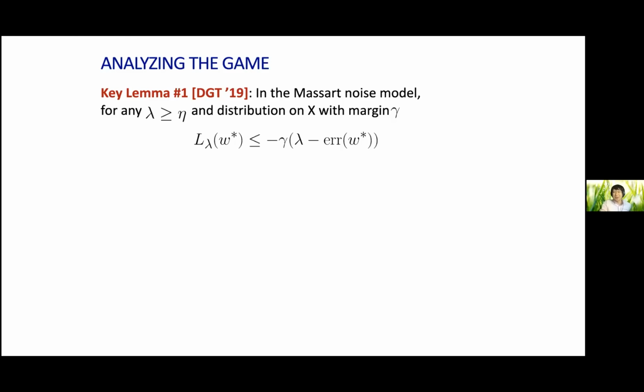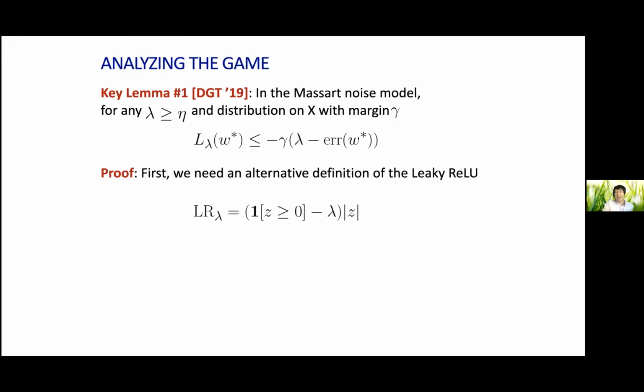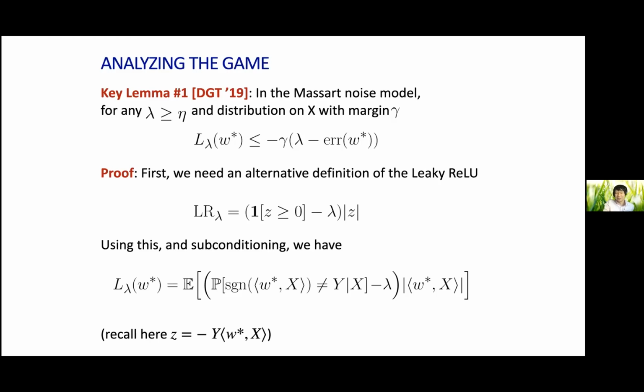And for technical reasons, we do need an upper bound showing that not only is it negative, but a quantitative upper bound. The exact value is not super important. I wrote it down in the slides. This more or less comes out by writing down the definition of everything and computing. So this is just one other way to write the definition of the Leaky-Rayleigh.